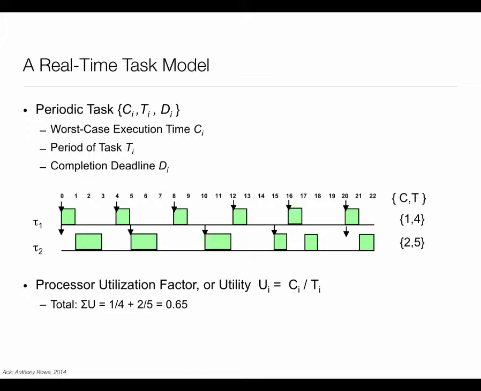Total processor utilization in this case: this task is coming every 4 time units and needs time 1, and this task is coming every 5 time units and needs time 2. So the first one's utilization is 1 over 4, the second one is 2 over 5, you add it up, it's 0.65. This number is actually a pretty important number because firstly, what can we say about it? What can you say about a group of tasks if I give them to you? How much I use the processor, how much is busy versus idle. But what about if I give you a task set where the total processor utilization factor is more than 1?